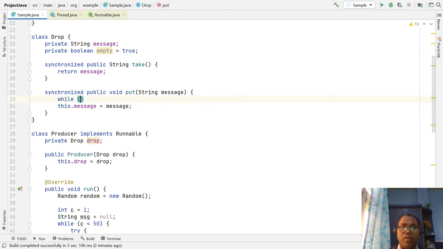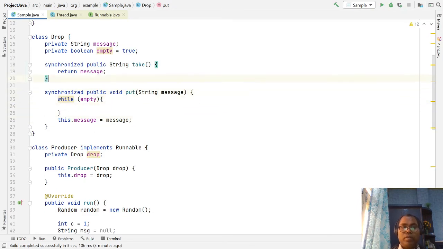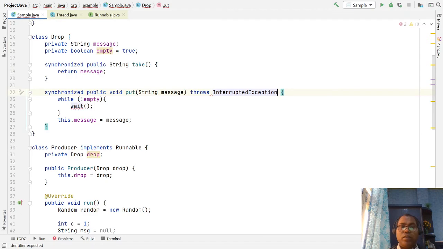So while empty is true, then you have to wait. Sorry, wait is a synchronized method, and you can just throws InterruptedException. Okay, they are throwing, okay.